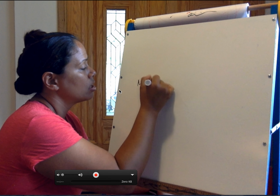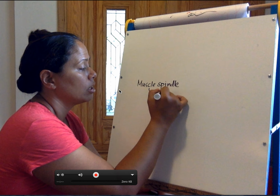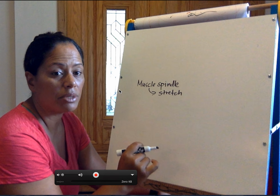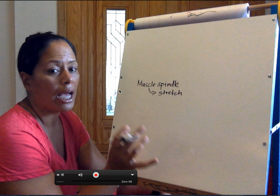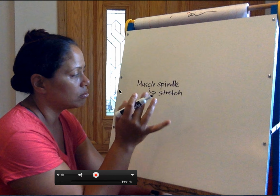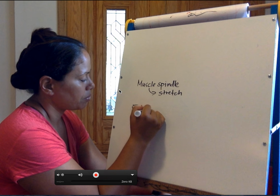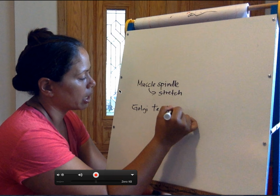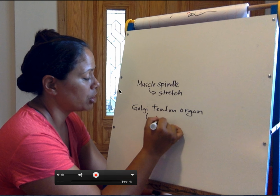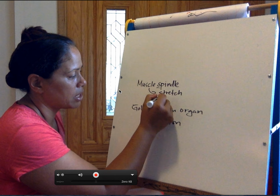We have muscle spindle fibers, and they monitor stretch in the muscle. So stretch and tension, pretty much the same thing, but the location of where these are and how they respond to a stretch or tension stimulus is slightly different, but they're both considered proprioceptors. So Golgi tendon organs, for the purpose of class, are going to detect tension in the tendon. So I'm trying to keep it so that there's some similarity between